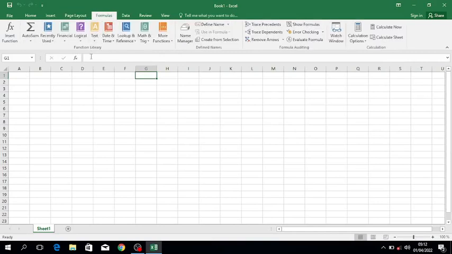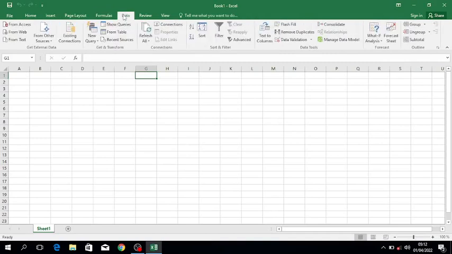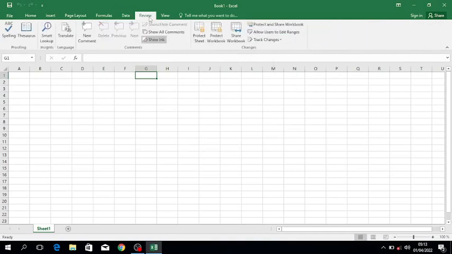Formulas for calculation, they are here. Your data, you can bring in data from Microsoft Access from the web. You can consolidate data here. You can do data validation, you can remove duplicates, you can do data cleaning. A lot can be done using this tab. There you can have review, you can put in comments,